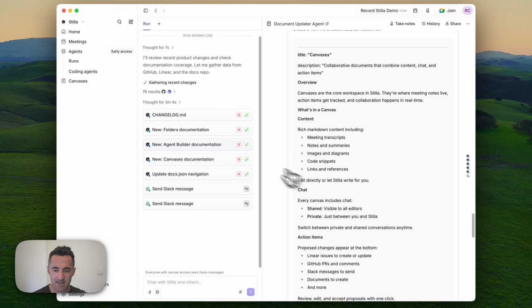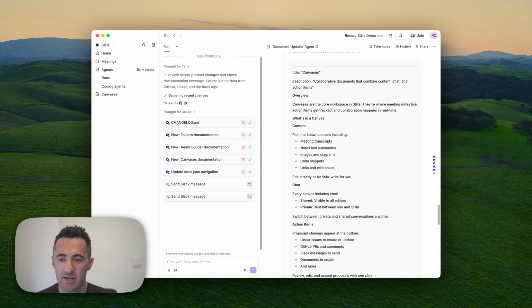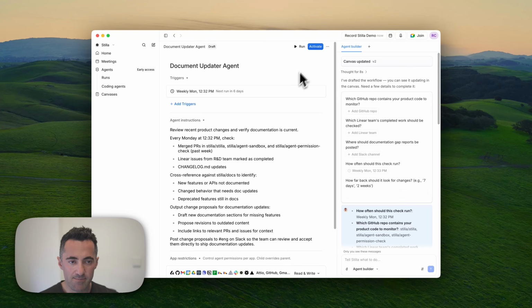And I wouldn't be surprised if Stilla has found details about those conversations from Slack as something we need to do. I think this is just a very short but still an incredible example of something that Stilla can help you automate simply by explaining the type of problem that you want to get solved. And now if we go back to the agent itself, if we activate this, it's a workflow that would run for me on a weekly basis, and we would make sure that our public documentation is up to date. Again, this is just a very small example of the type of things you can do.